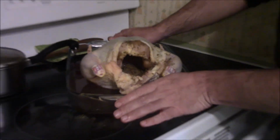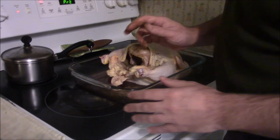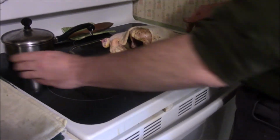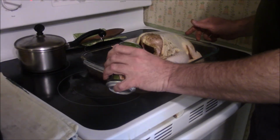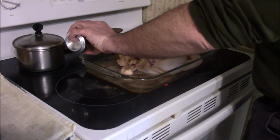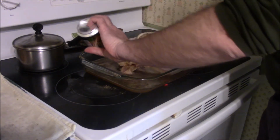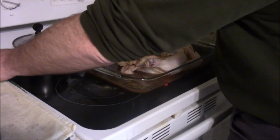Alright, so we've got the seasonings and it's almost ready to go in the oven. Now the recipes generally recommend putting some water in the bottom of the pan just to keep it from burning and to keep it tender. I like to use a can of beer. Beer is a very handy thing to cook with. It gives it a nice smell, it tenderizes the meat, it keeps the meat from sticking to the bottom of the pan while we're cooking, and finally it's going to give a little extra flavoring to the gravy